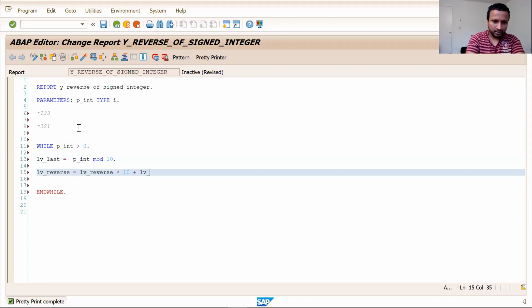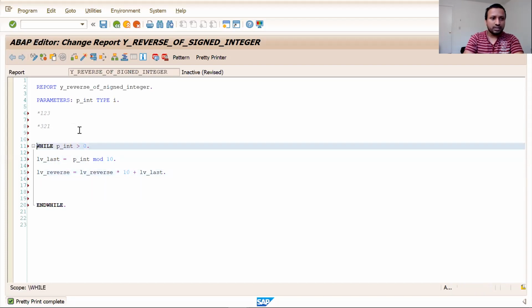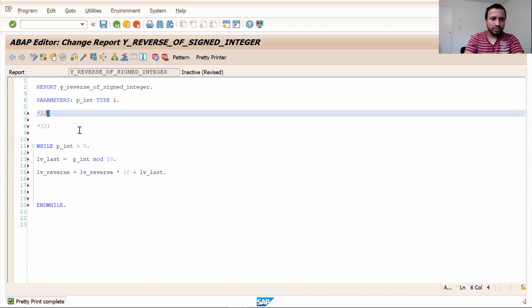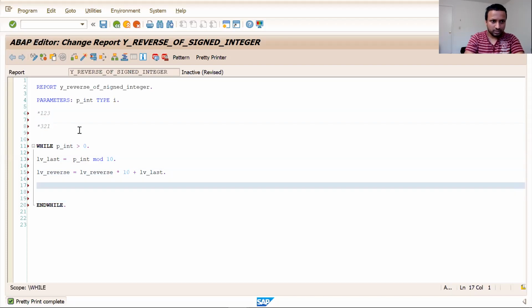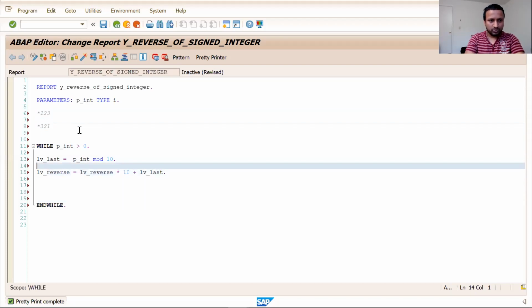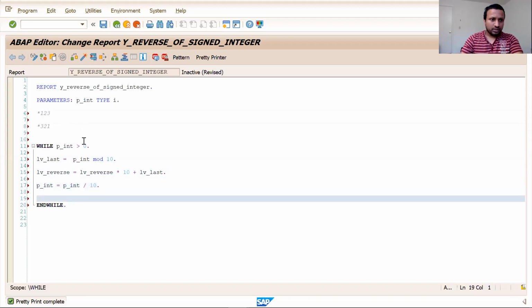At last, as you have taken this digit, you need to remove the units digit: p_int equals p_int divided by 10. So pretty simple, right?